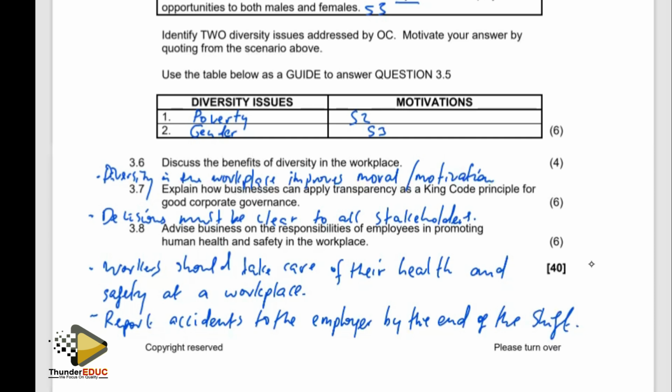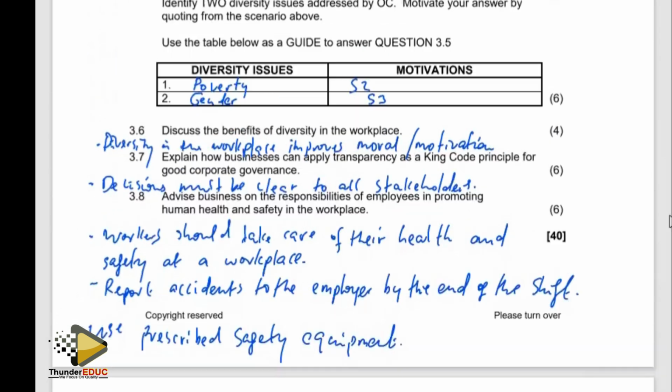And also send that use prescribed safety equipment. Okay, right. So now let's move on, we are done with our question 3, this side of the